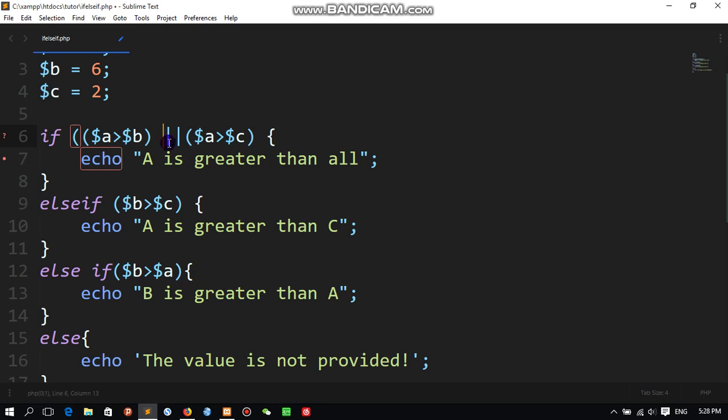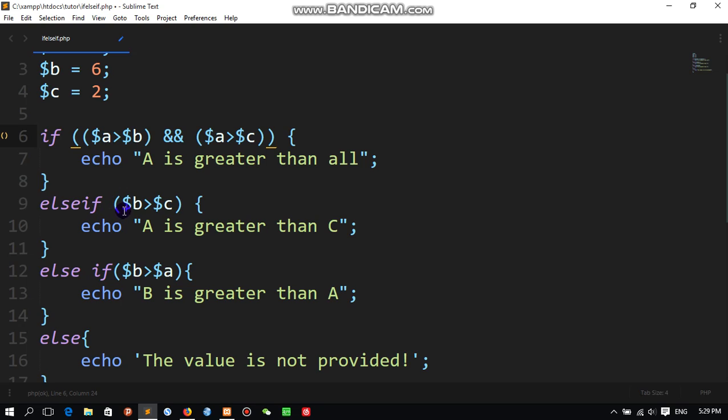How? In case of the OR operator, if a single condition is true, the whole condition will be true. So we are not able to get the correct value from here. A is greater than B is false, but A is greater than C is true. So we cannot say A is greater than all, but we can use AND. If we use AND, this condition displays only if both conditions are true.